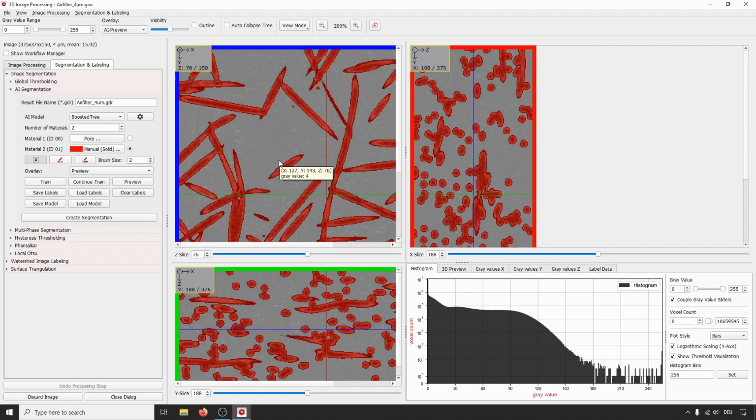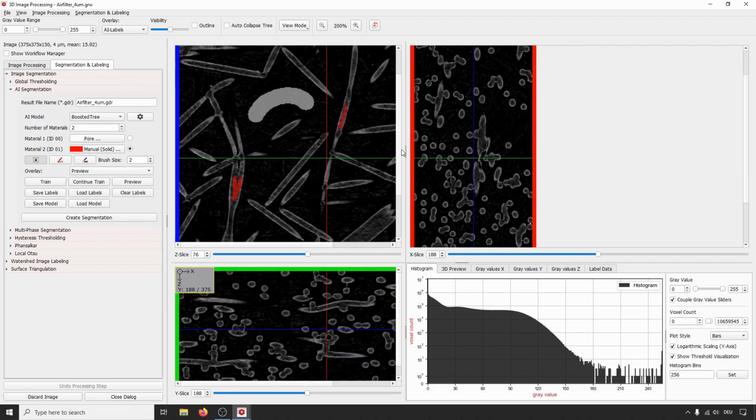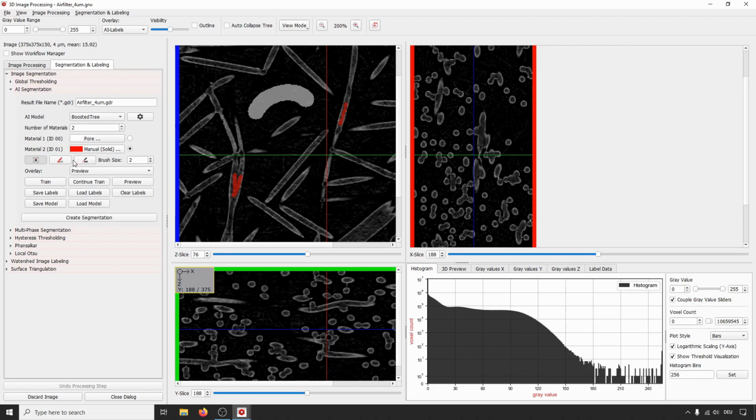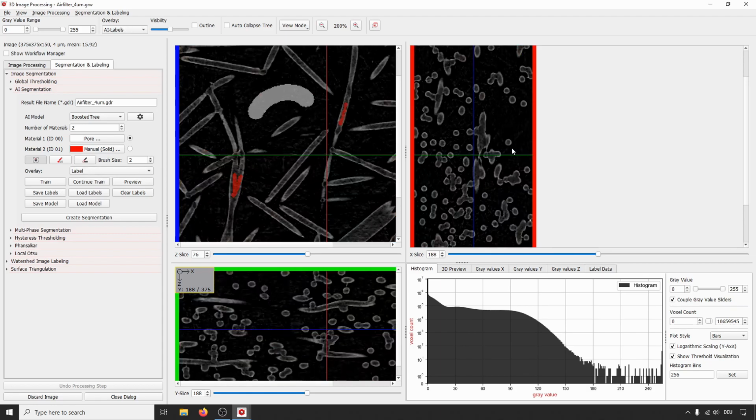In case that you're not really happy with the segmentation already, you can switch back here to AI labels and change the model again. So you can just add more labels, for example, also in the other directions.